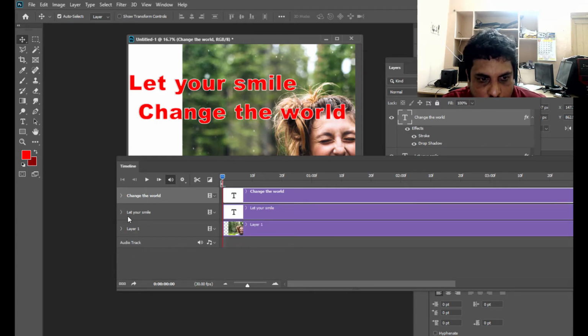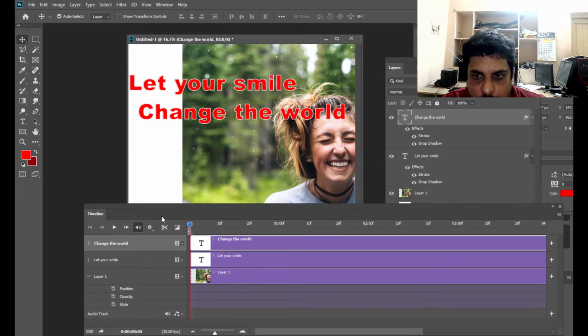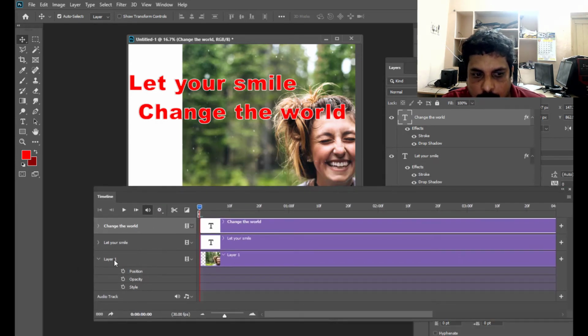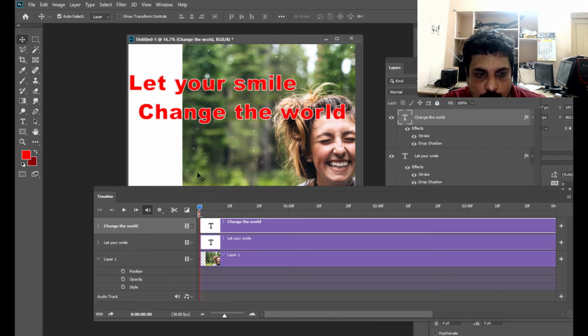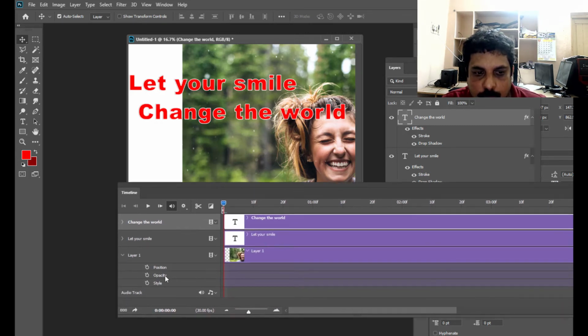If you check the image layer, layer 1, you can see only the position, unlike the text where you can see the transform. So we need a transform option for the image also.